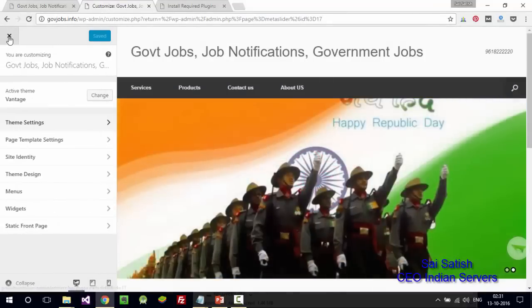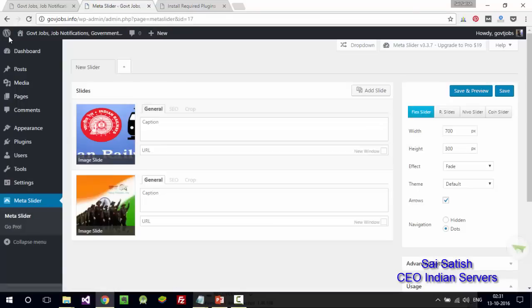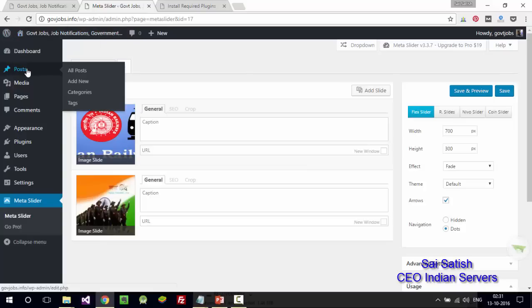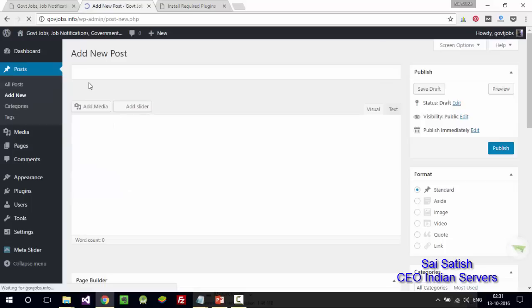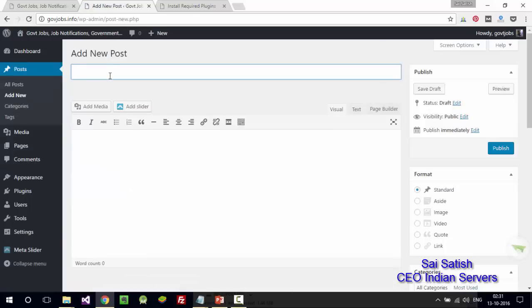Next one, if you're going to do some magazine related stuff, or if you're doing some blogging related to technology, or if you're doing some job notifications, you can go and use the posts. Post, add new post. Indian Army jobs, job notification.